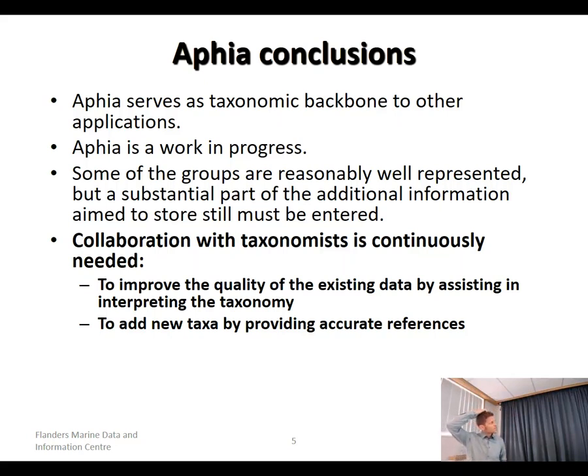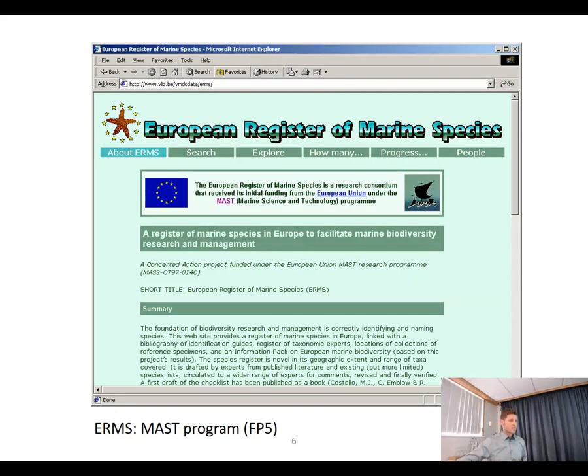The conclusions from that time were that if you want to set up this kind of overview, to create these taxonomic overviews or checklists, it's important to have a taxonomic backbone. But also very important is to do this in collaboration with taxonomists, to improve the quality of the data, to interpret the taxonomy, to add new taxa in such overviews, and to provide accurate references. So that was Aphia. Then in